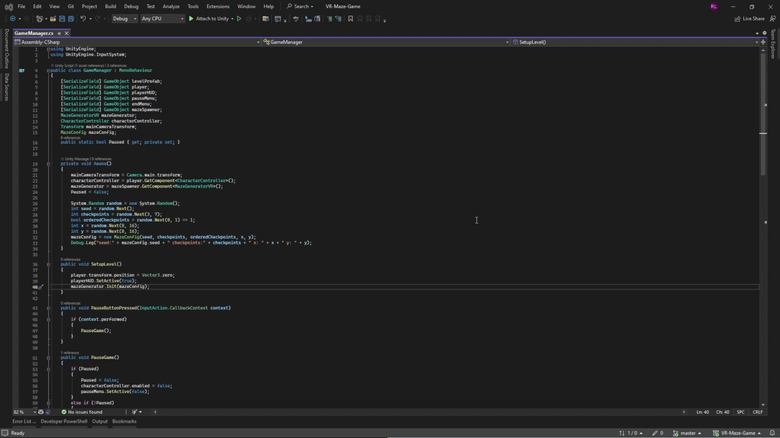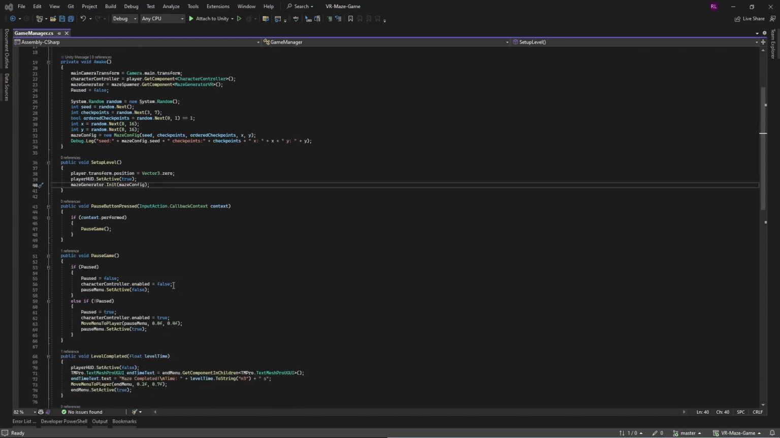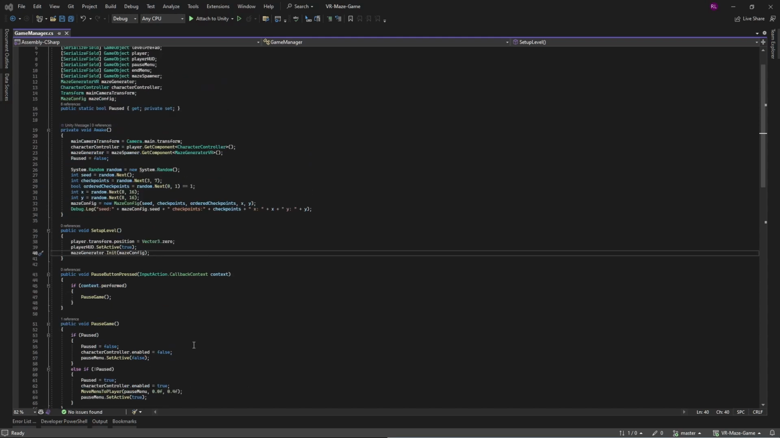The game manager is responsible for everything the player does outside the scope of the maze. When the player hits the main menu start button, Setup Level instantiates a random maze, moves the player into the maze, and activates the player's HUD. If the player pauses the game, it locks their movement by deactivating the character controller and activates the pause menu. This method also sets a static property for other objects to read from if their behavior depends upon the game's